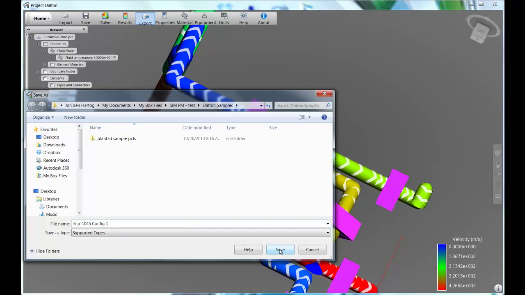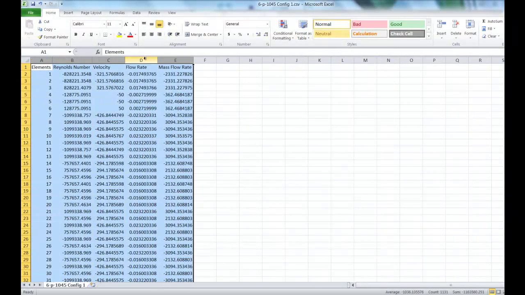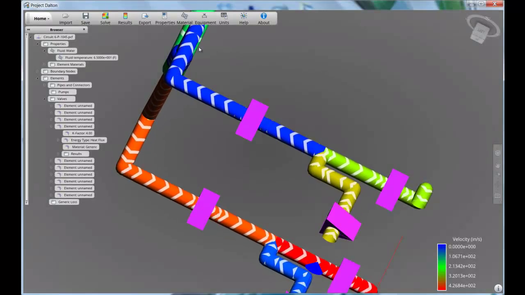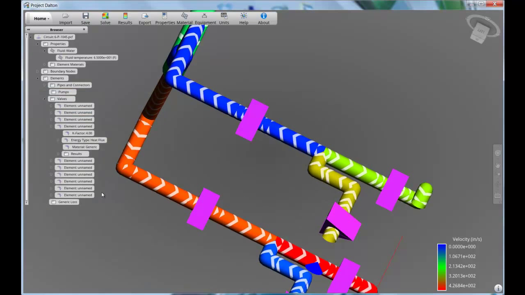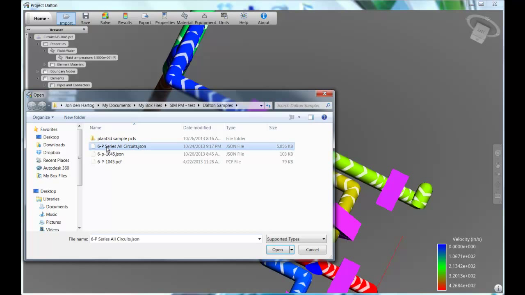Dalton allows you to export a comma-separated value file containing data at all the nodes and elements, allowing you to quickly capture results from the configurations that you explore. It also allows you to save a full copy of your entire setup so you can get back to it later. As an example, I'll now reopen a copy of an earlier analysis containing a large number of circuits and